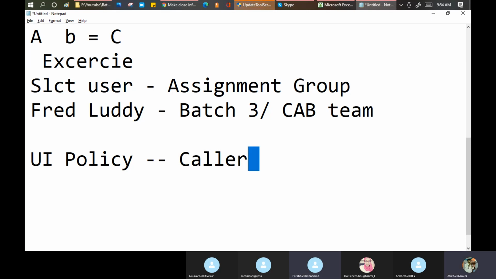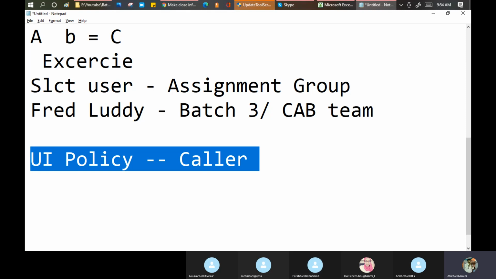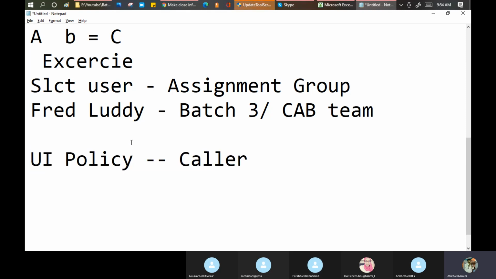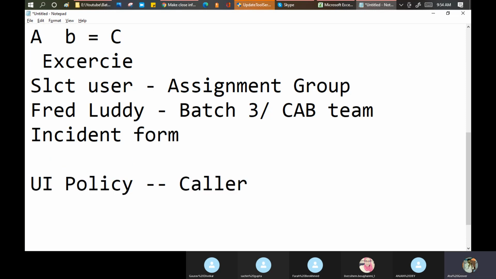But this UI policy works only when you open the ServiceNow incident form and start filling in the details. Till this point, agree, Farah? Yes. Okay. Now think from another perspective. Suppose I have an integration between ServiceNow and, say, BMC Remedy.